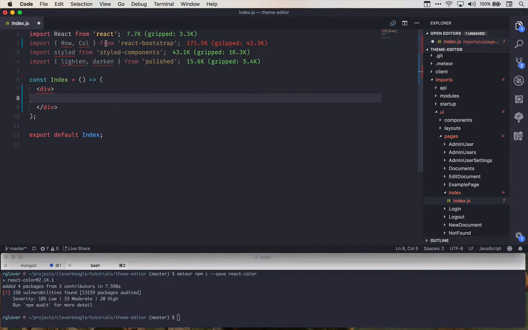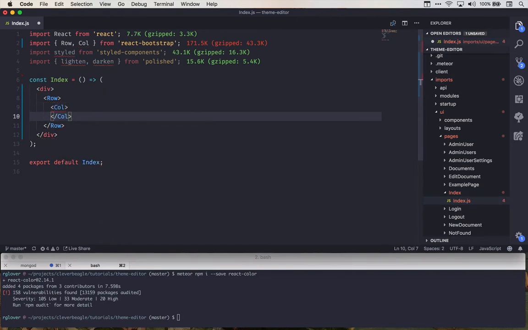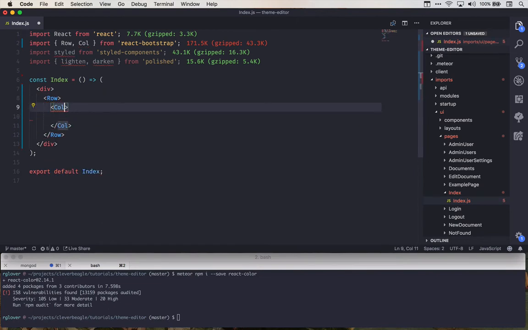So like I was saying, I'm importing the row and column components from that library, and what we're going to do is add a row, and the very first thing is we're going to split this into two halves. As you saw earlier in the video in the introduction, I showed a quick screenshot of a mock-up that I came up with for this, and it's going to be two-sided. So on the left side, we're going to have our actual theme preview, and then on the right side, we're going to have all of our color pickers. So what I'm going to do is say,